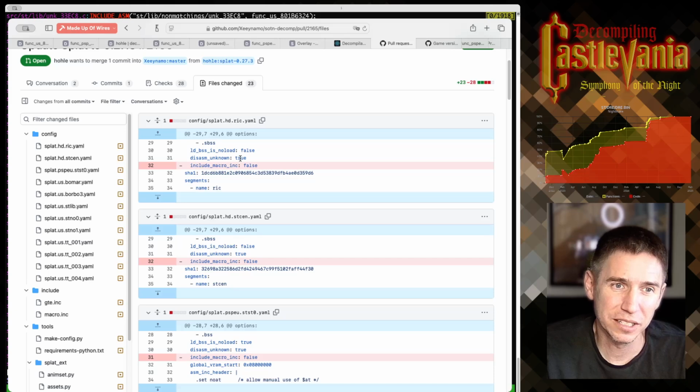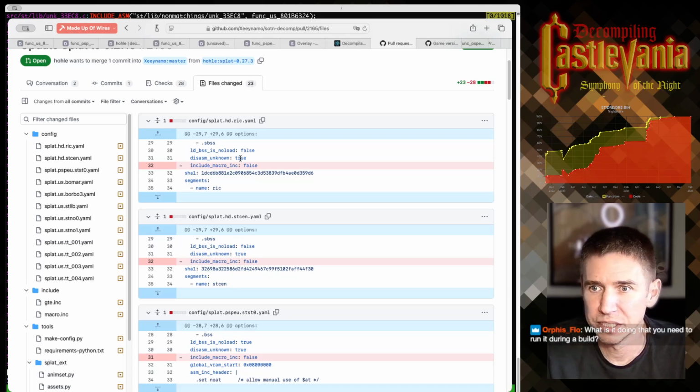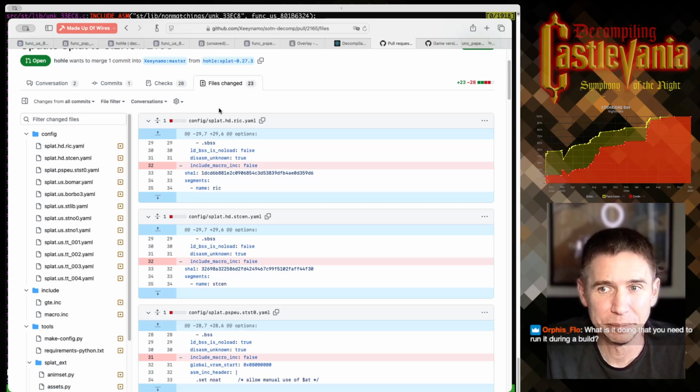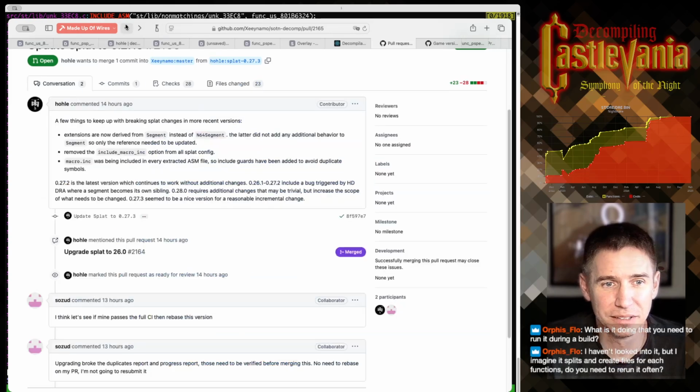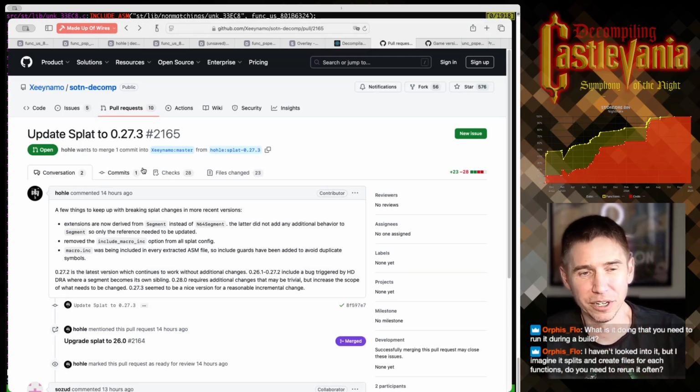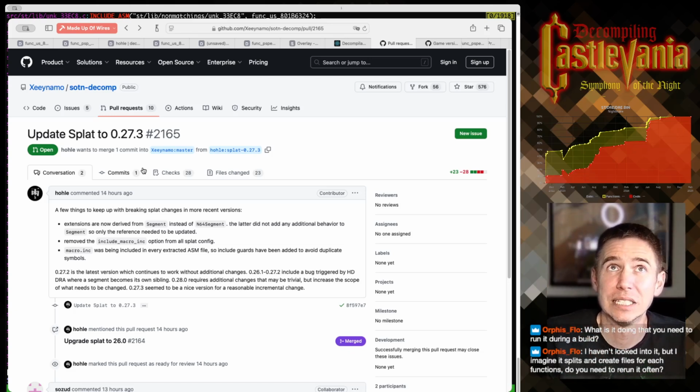And so coincidentally, Sozu was working on the same thing because he wanted a newer version of HASM, which later versions of Splat use. And we both submitted very similar PRs within a few hours of each other yesterday. And it turns out this builds and works fine during build, but it breaks some of our other tooling. I think I know what the cause of the break is. Unfortunately, it was a change that I didn't see documented